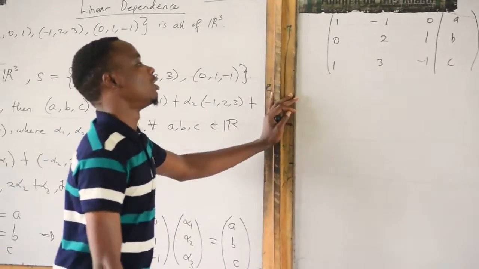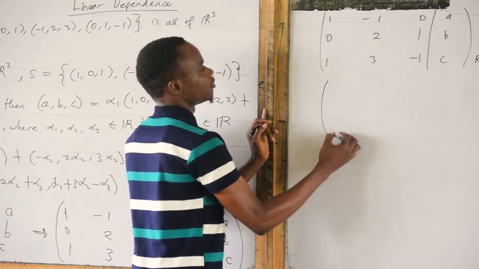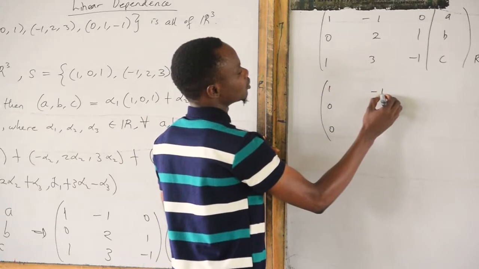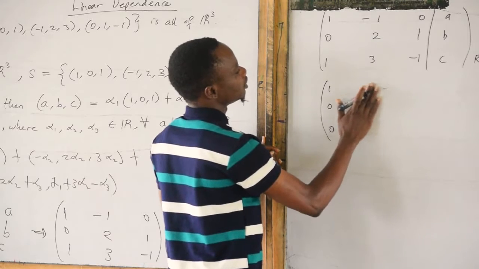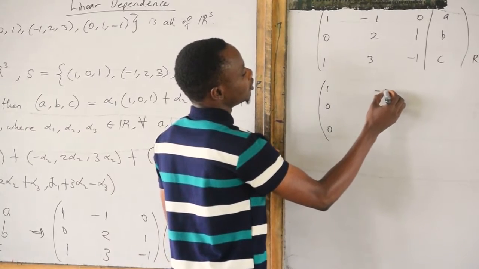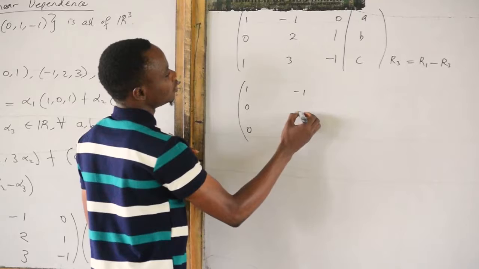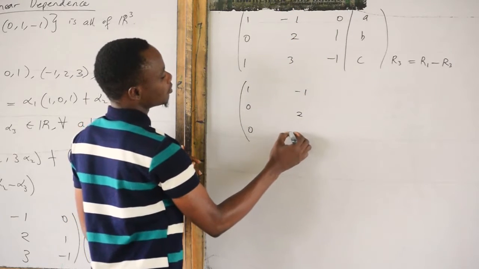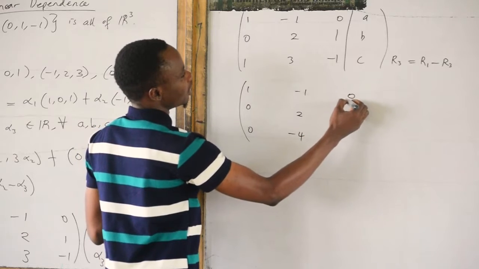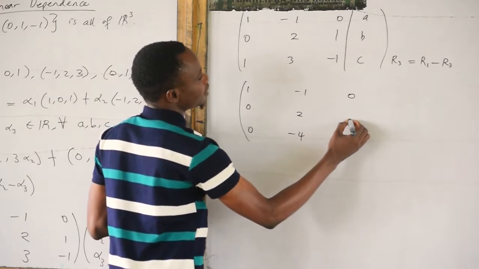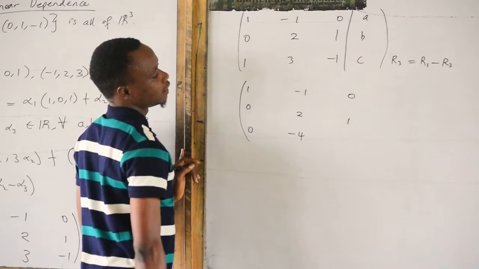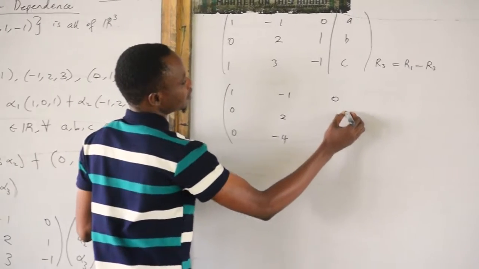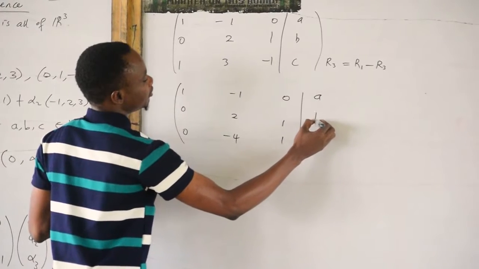Anyhow, this is going to give us 1, 0, 0, minus 1, then minus 1, 2, and then 3, minus 1, minus 3, now minus 4. It's going to be 0, 1, 2, and then 0 minus minus 1, that's going to be 1. Then I have here A, B,